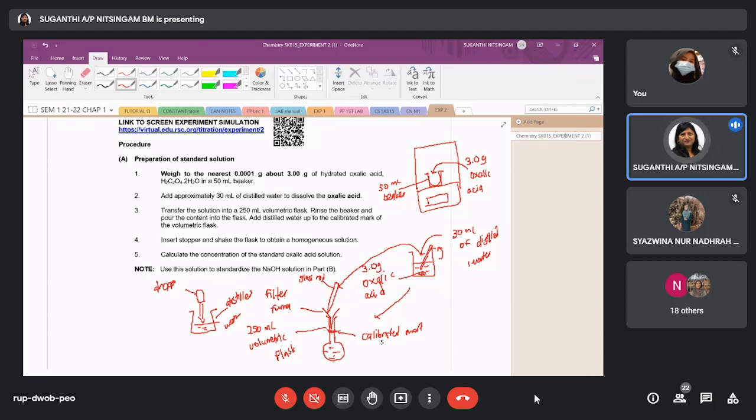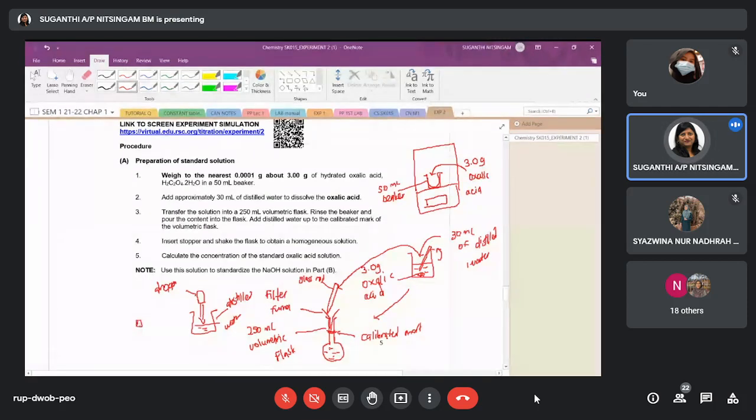So you have to be very precise when doing this. Many students will overshoot the calibrated mark, because they use the distilled water bottle and just press, going over the calibrated mark. Then they think the teacher won't know, they go and pour, then they say, teacher, cannot, because the concentration will change. Okay, once you have got to the calibrated mark, you will put a stopper